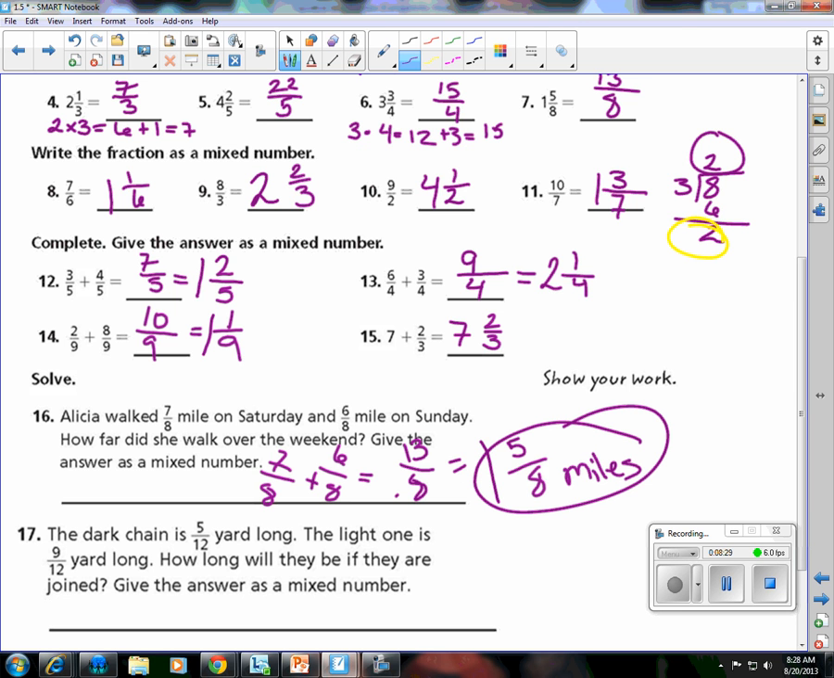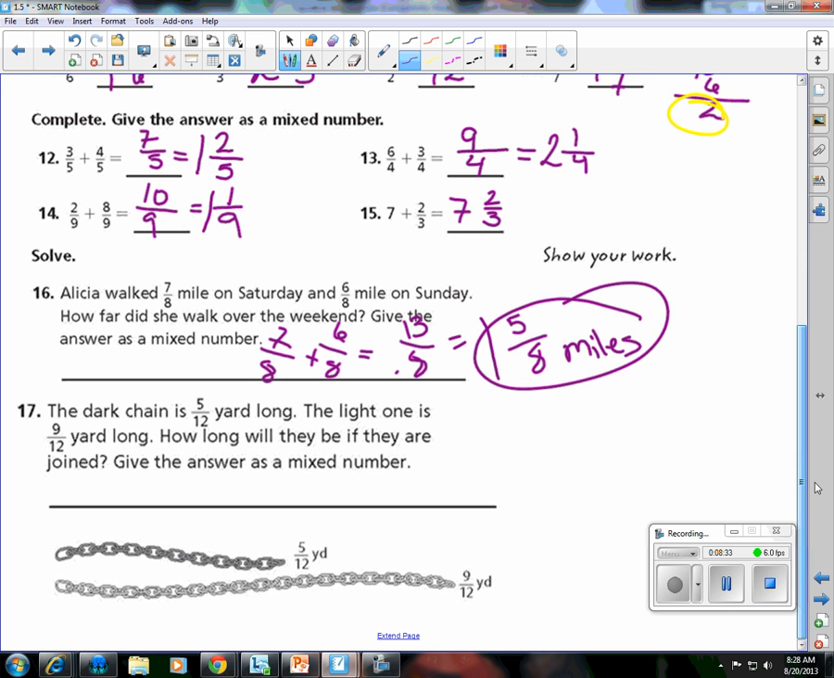Okay? The dark chain is 5/12 of a yard long, and the light one is 9/12 of a yard long. How long would they be if we put them together? So I'm going to take 5/12 and I'm going to add 9/12 to it. So 5/12 plus 9/12. 12 is my common denominator. I'm going to leave it alone. 5 plus 9 is 14. I can pull one whole out of there, right? 12/12 out of the 14. What's left over is